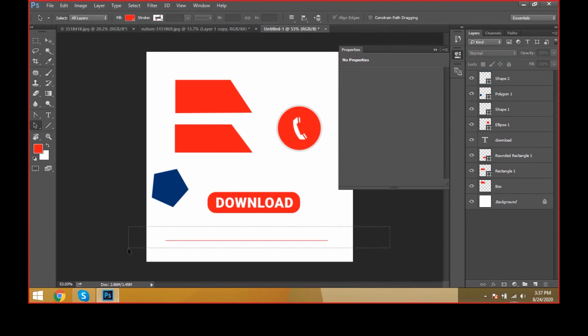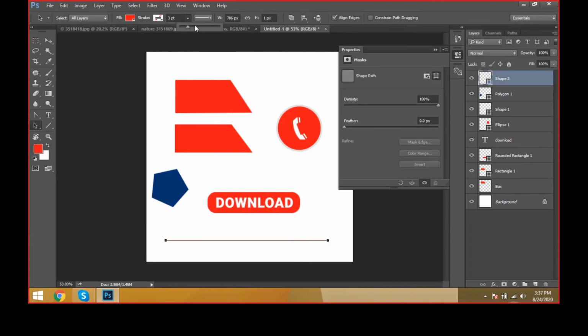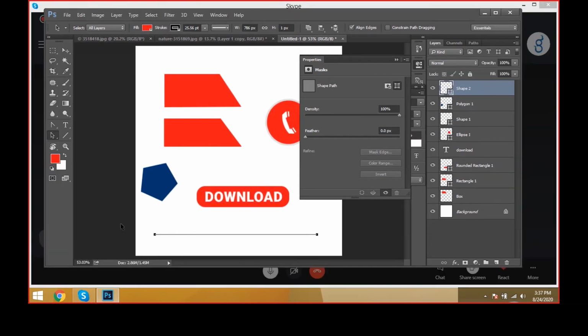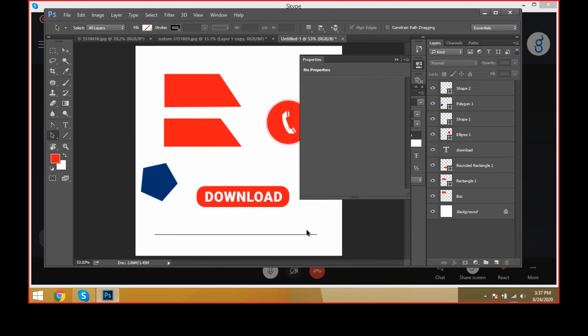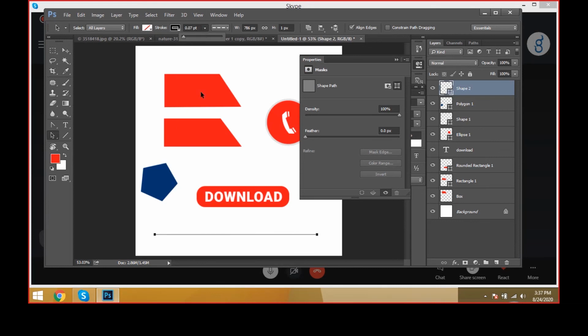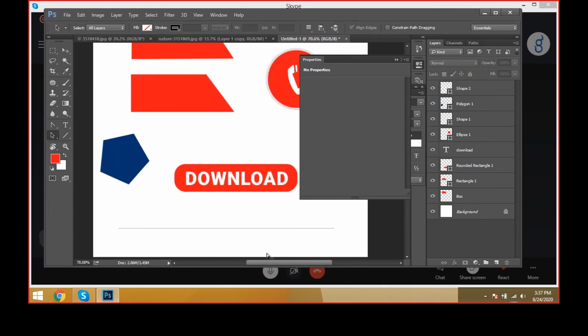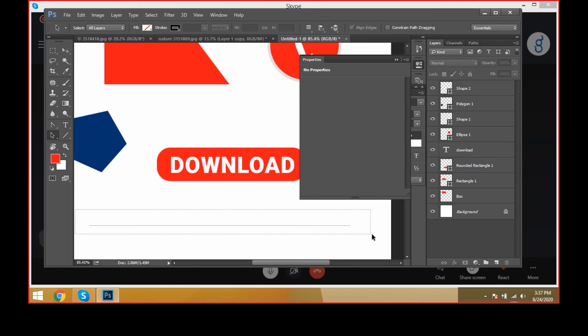The stroke will be 3 points. You can increase the stroke points also. Select it and remove this, then automatically you can see the stroke. You can take dashed characters like this, and zoom in to see it very clearly.